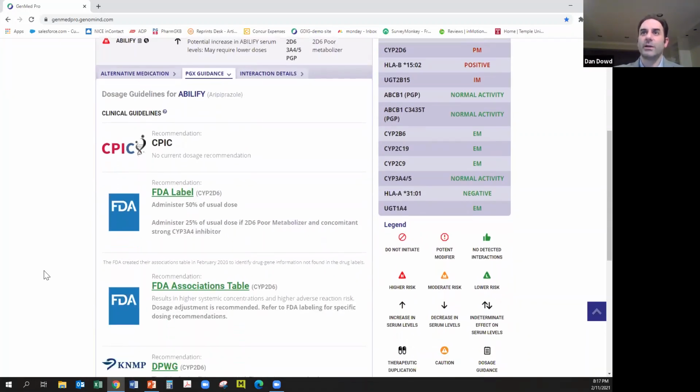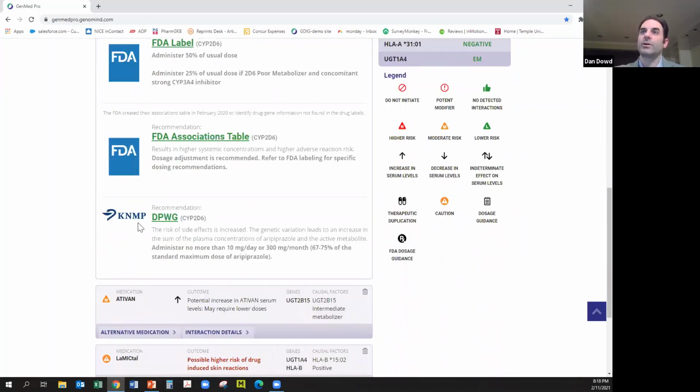So if I scroll down here, I see that the FDA label has some guidance. It says in 2D6 poor metabolizers, administer 50% of your usual dose. Well, that's rather specific, and that's some pretty good guidance there. If I were to look at the DPWG guideline, its guidance is similar, not entirely the same as the FDA, but it says no more than 10 milligrams per day and 67 to 75% of your maximum